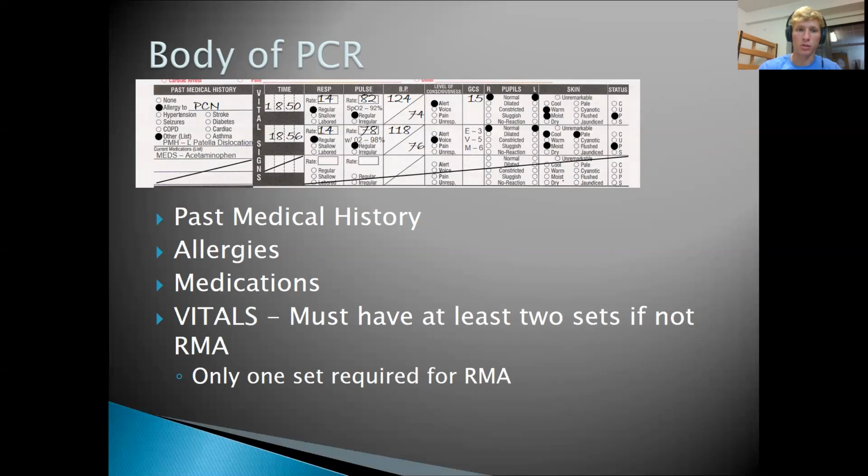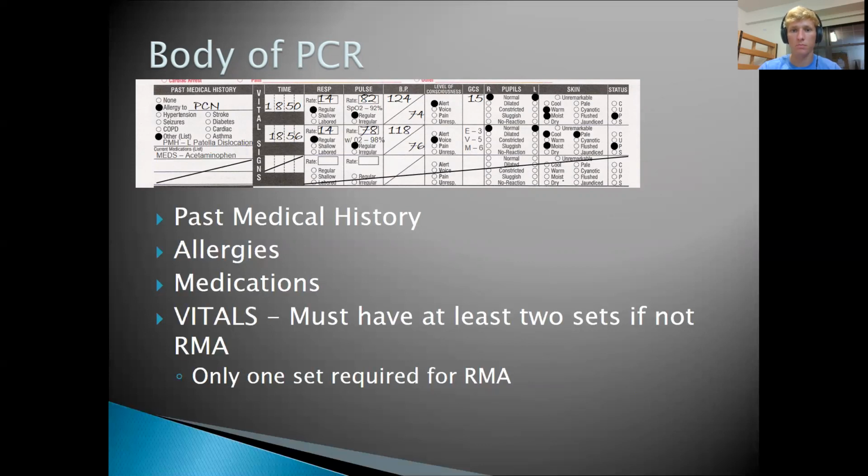This is where SAMPLE and your secondary assessment come in handy. We have an allergy to penicillin. We have an "other" because it doesn't fit the descriptions in the preset medical history boxes. PMH, past medical history, is a left patellar dislocation. Meds include acetaminophen. Secondary assessment says we took vital signs twice, and we noticed the respiration rate and quality,